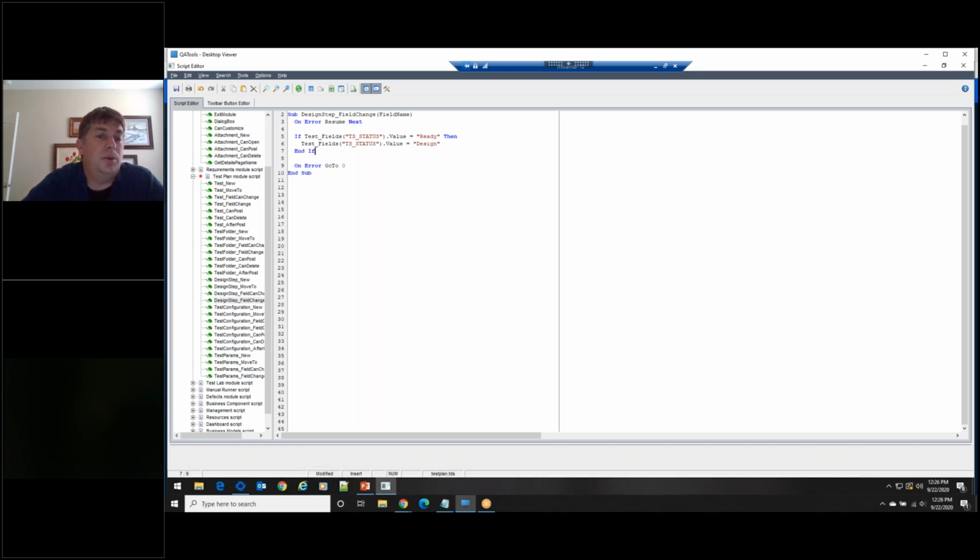Of course, there are a lot of things you can do with this, just by being able to access it. The one thing to know is I didn't have to say which test to look for. The workflow already knows what test is selected, so I don't have to say, make sure you find this exact test ID. The workflow code in this situation already knows what test is being worked on. After it makes an edit, you can see it puts a little dot here to let you know you've made changes to this module script. So I'm going to click save and look down here at the bottom to make sure the script successfully passed the syntax check. Very, very important.